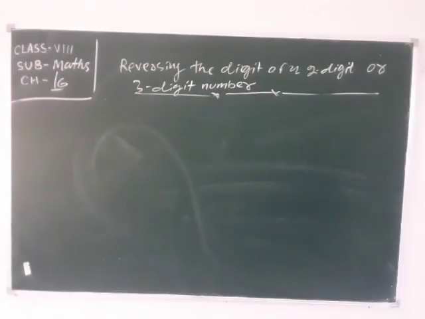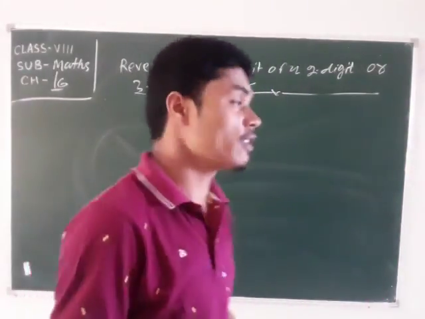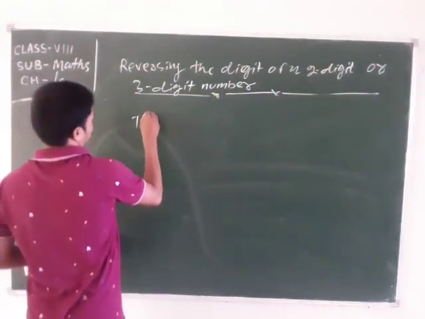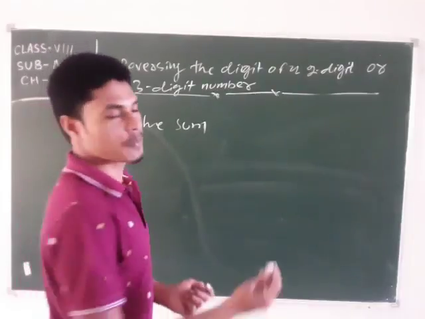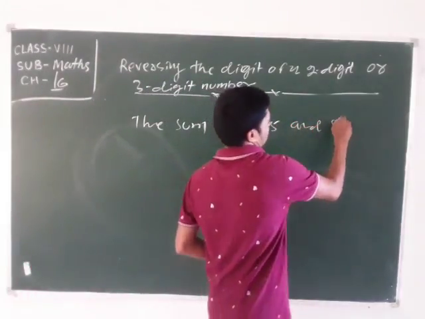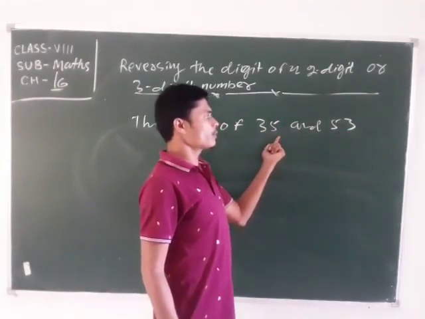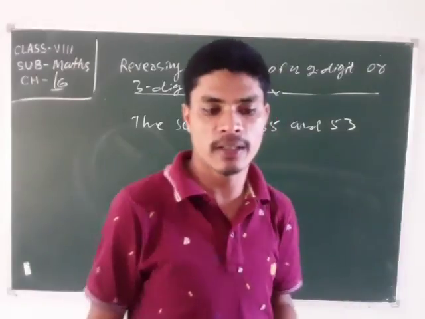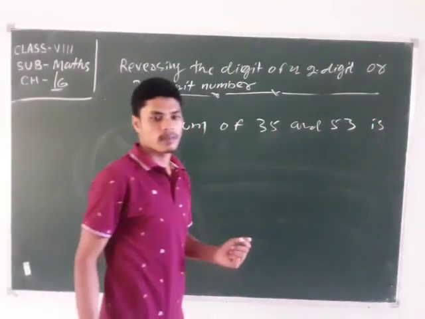Then here, reversing the three-digit numbers. Now we add along with the words addition and subtraction. Then we know that also the sum. What's the sum of 35 and 53? That means we reverse 35 and 53. 35 and 53, when we reverse, is divisible by... that means divisible by